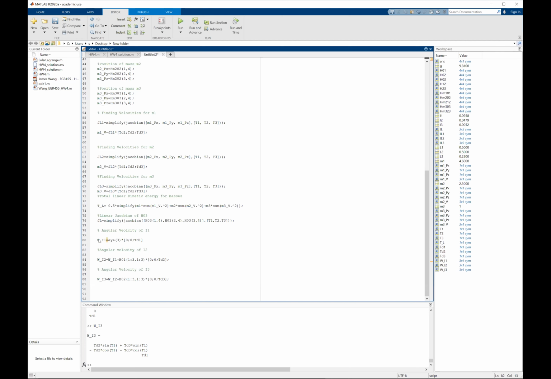So W_I1 is the angular velocity of the first link. W_I2 is the angular velocity of the second link. W_I3 is the angular velocity of the third link. Now, please note, there is no link before the first link. There is no link before the first link. That's why whatever W_I1,